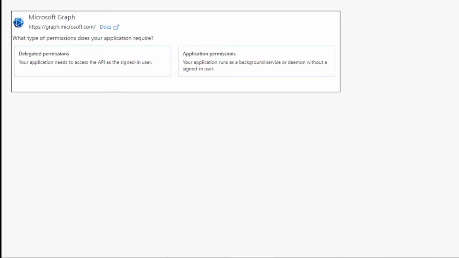One is when we as an IT admin are automating workflows, or there is a requirement for audit where we want to know which identity has performed which action or activity on the service. We will be using a delegated permission because we want the script to run with a signed in account. That can be a service account, that can be an admin account, whatever that be. But when there is an automation